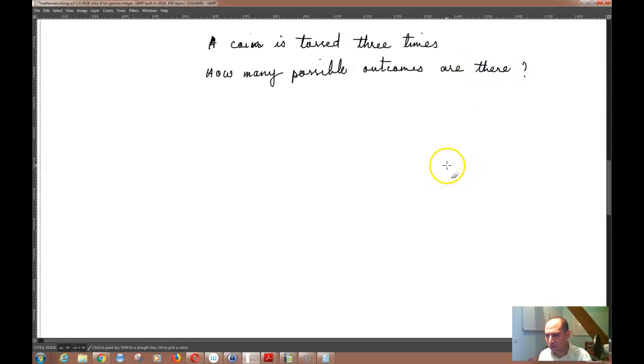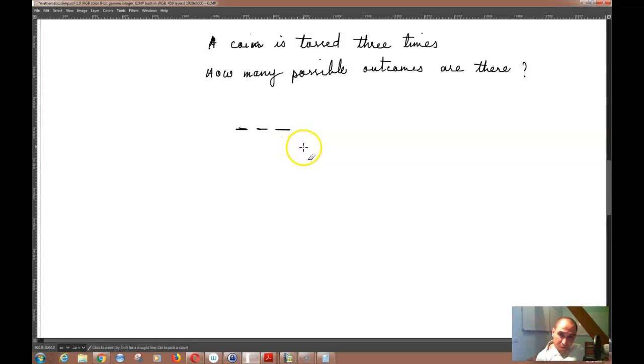Okay, so the way that you can solve this problem is that the first time you toss a coin, the second time you toss the coin, and the third time you toss a coin. That's actually the kind of question that I had, because in the chapter related to probability,